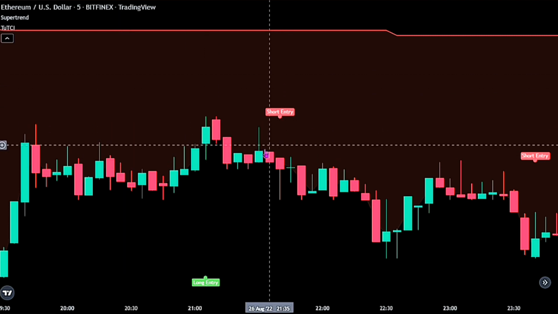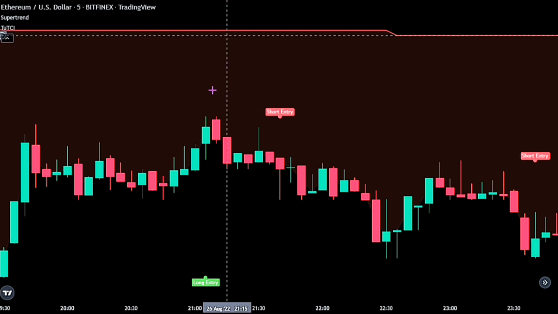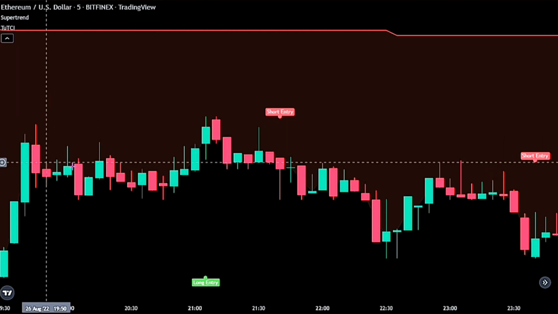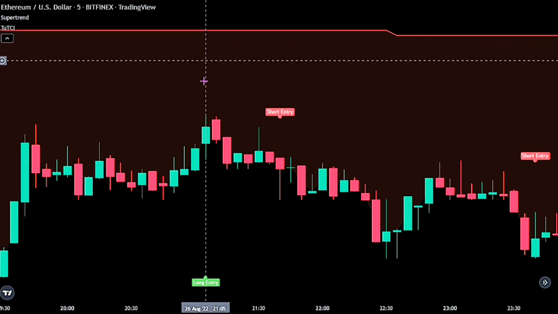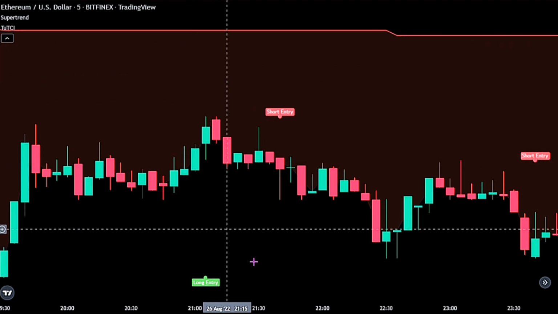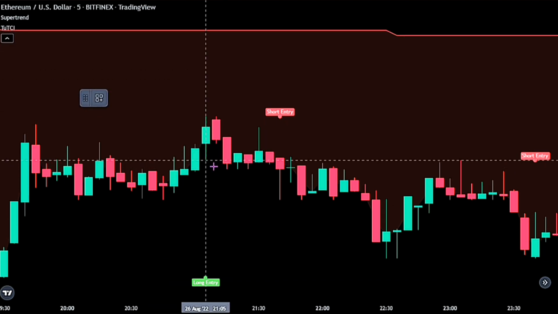Now for a valid sell trade, we would first need the super trend colored in red as our first confirmation, showing that there are more sellers in the market than buyers. Now we would wait till we see long entry label from the TTC. When these 2 conditions are present, we would be placing a sell order at the bottom of that candlestick, and we have to make sure that the super trend indicator remains in red as we get the long entry label